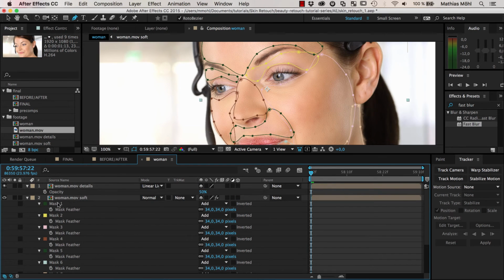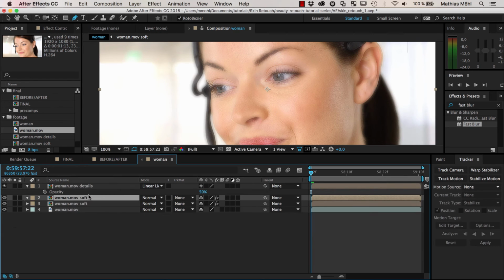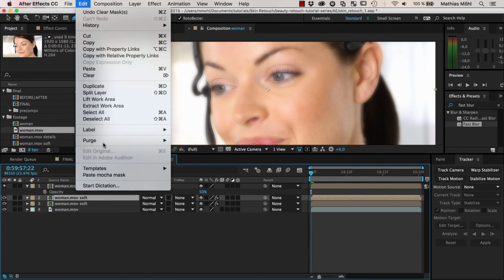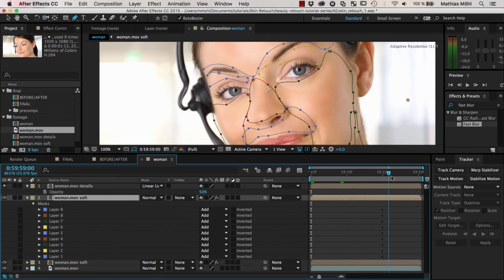But instead, we first delete the original masks here on our soft layer, and then go to Edit, Paste Mocha Mask. You don't want to do Edit, Paste, because this will create some effects that represent mattes, but you want to say Paste Mocha Mask. And now you can see we have those masks here, and they have some strange keyframes in the